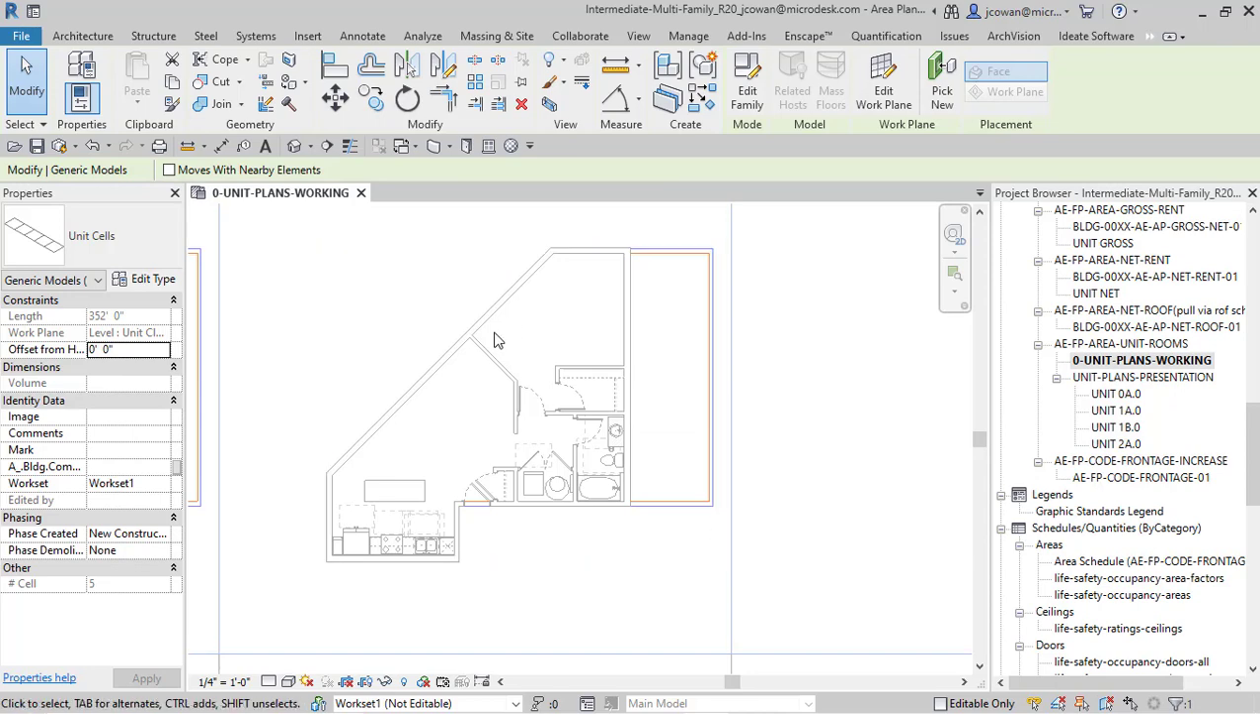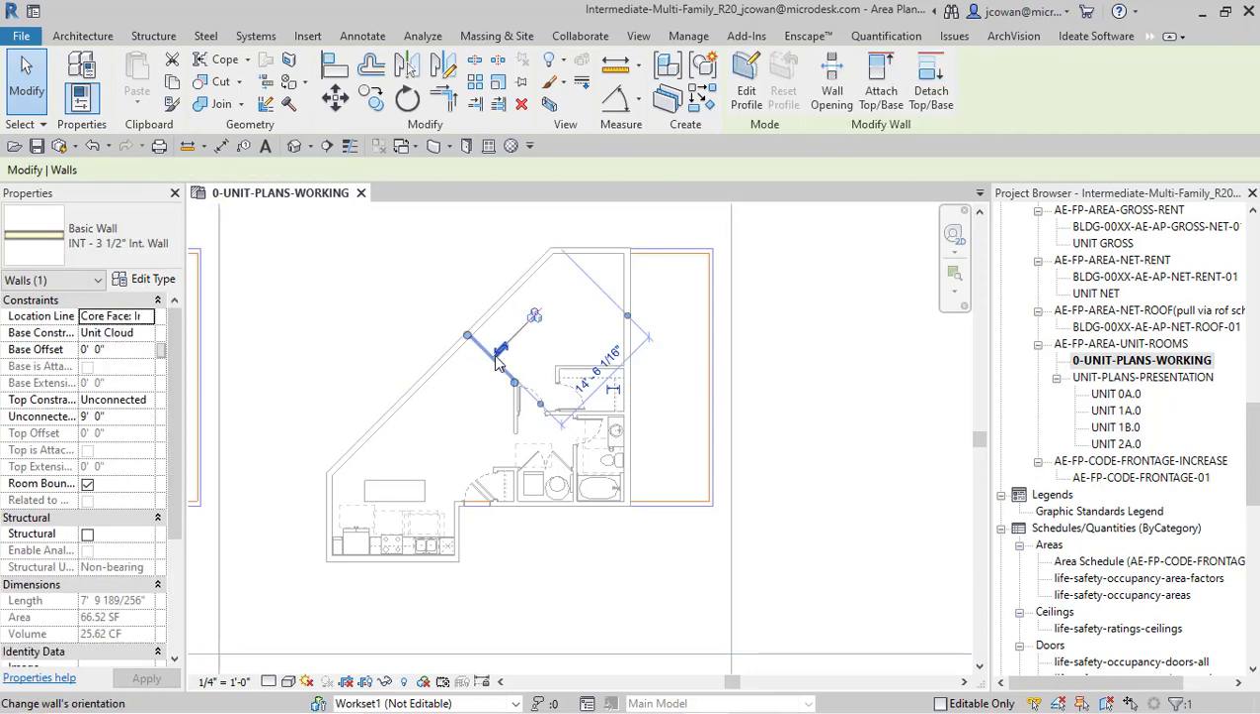There are some rules that we have to follow in creating this. We don't actually need the walls that represent, say, the division between a corridor space and the apartment itself. All we need are the walls that are inside here. And we want those walls to be